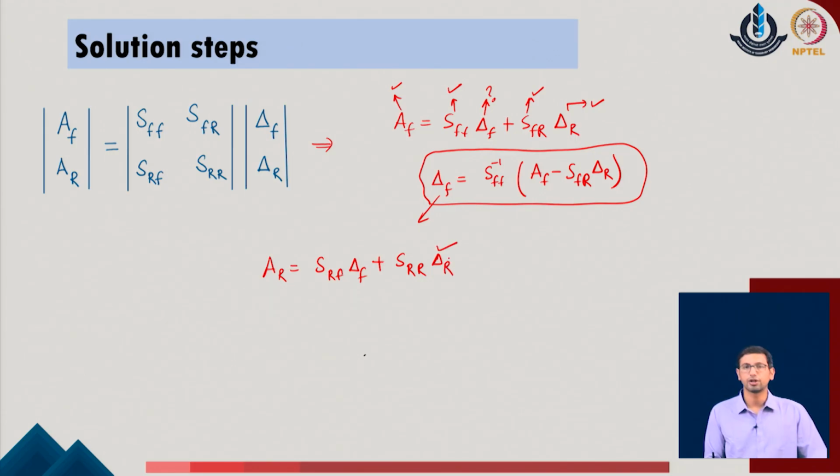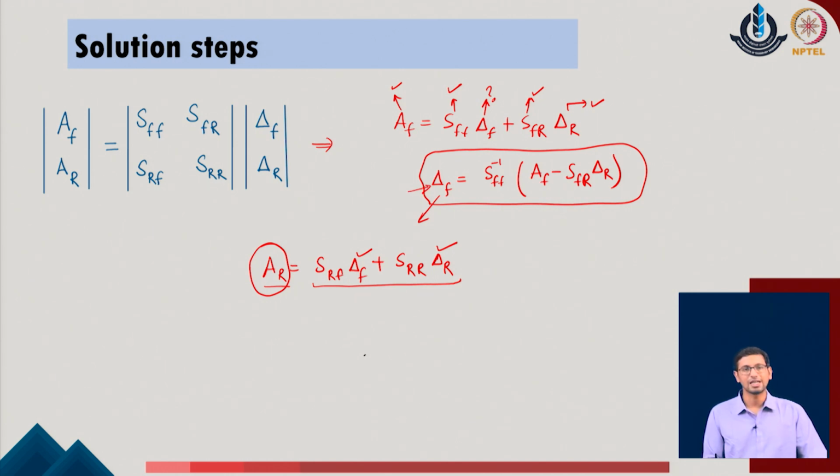As delta R is already known to us, delta F has been evaluated already in this step. So, we can now calculate the value of A of R in the given system also. But as we already said, A of R, while evaluated in the system, is only getting the contributions with respect to the displacement parameters of the given system which have been evaluated over here.